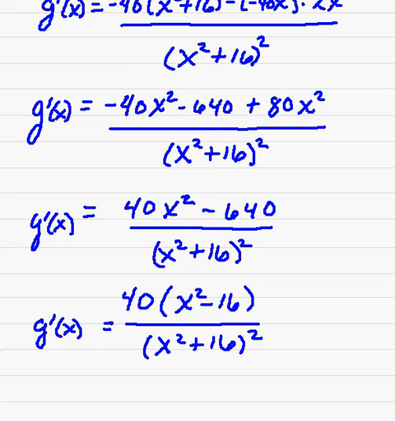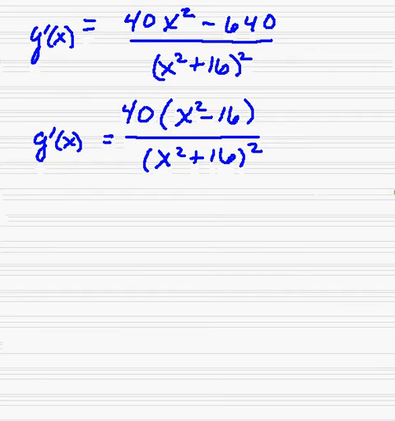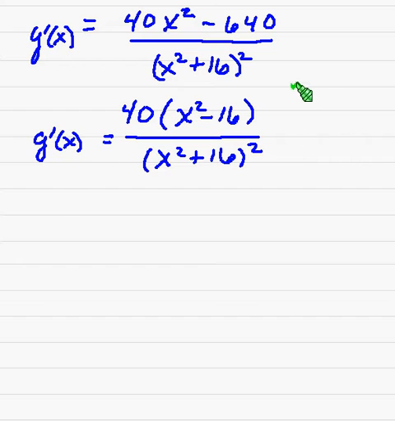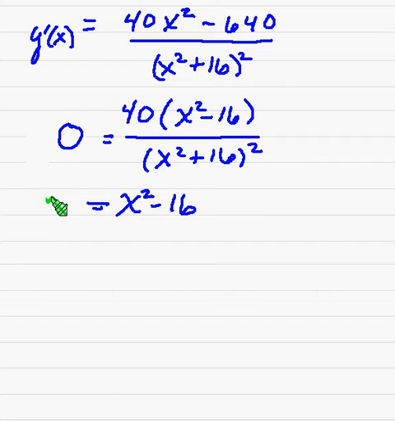Moving on down. Now we take this and we set it equal to 0. So instead of rewriting this, I'm just going to erase this. Erase there. Put a 0 there. Voilà. So when is this thing 0? Well, you want to factor this piece right here. So we want to take the top and set it equal to 0, and then factor it. So we have x minus 4